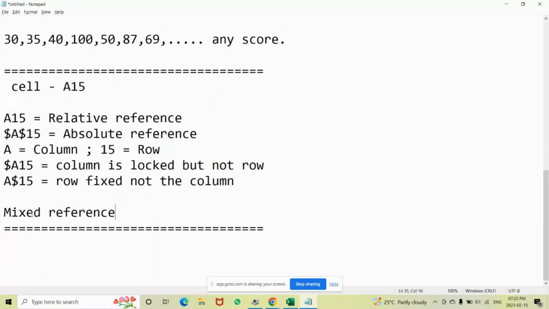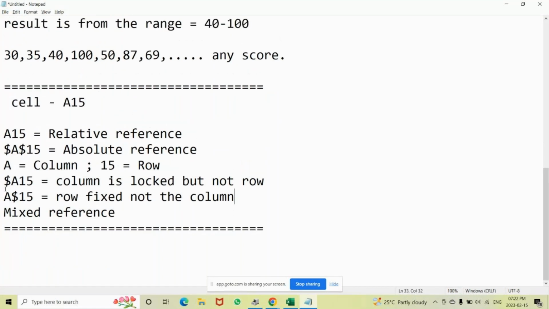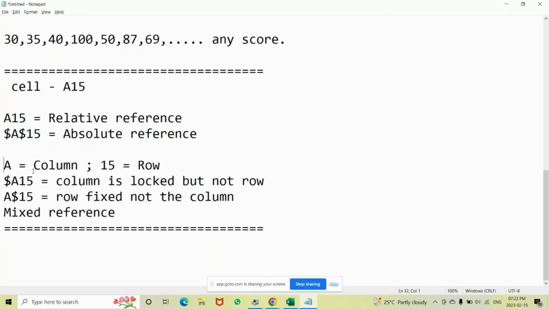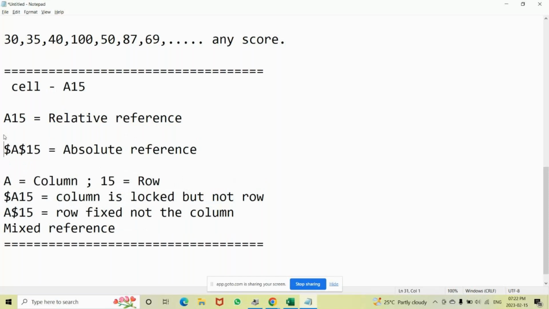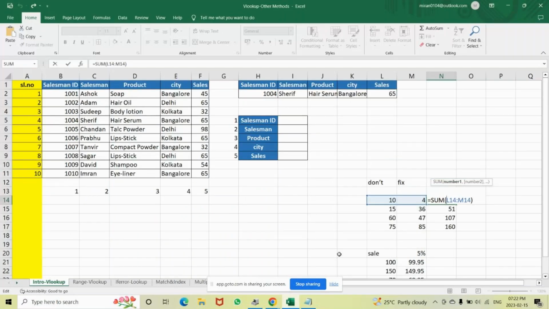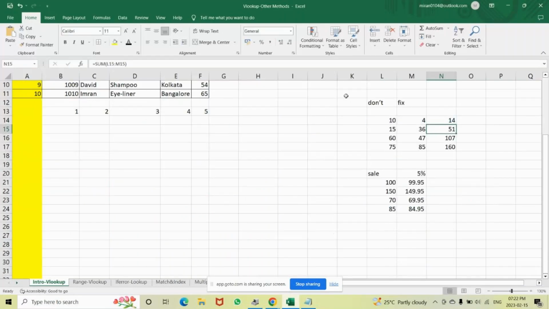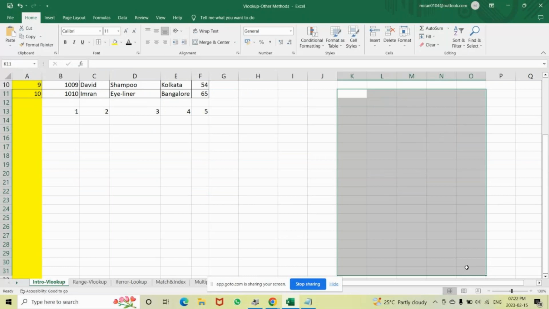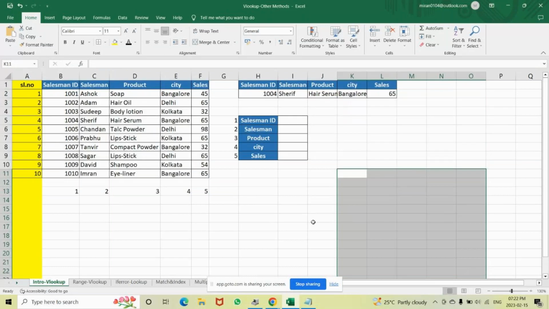Then you call it as mixed reference. Absolute reference, relative reference, and then mixed reference. Now we will go back to our data. Ma'am, can you explain the table, sales 5%, what you did? Sales 5%. Okay,